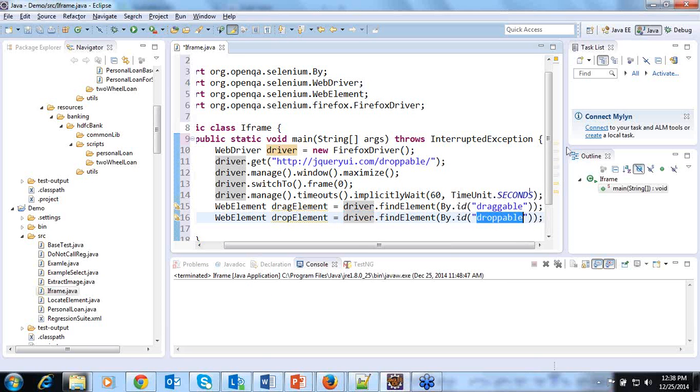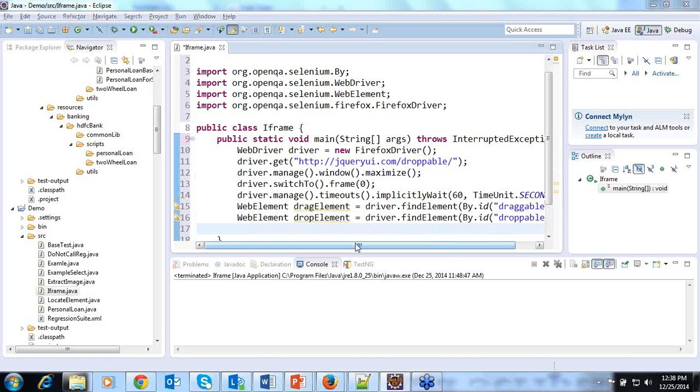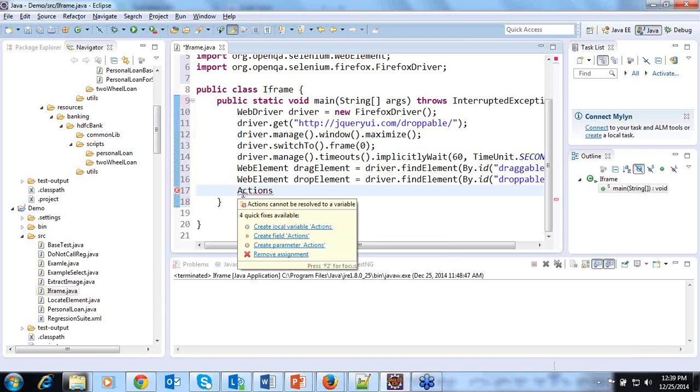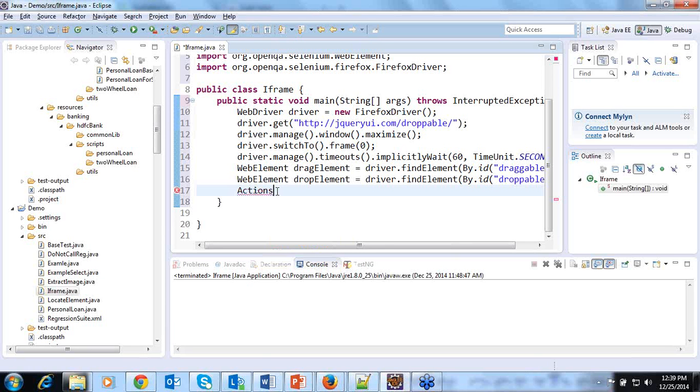If you want to work with some task like dragging or moving from one location to another location, we have a class called Actions. So I'm going to use the class called Actions. This Actions class is present in the WebDriver APIs.